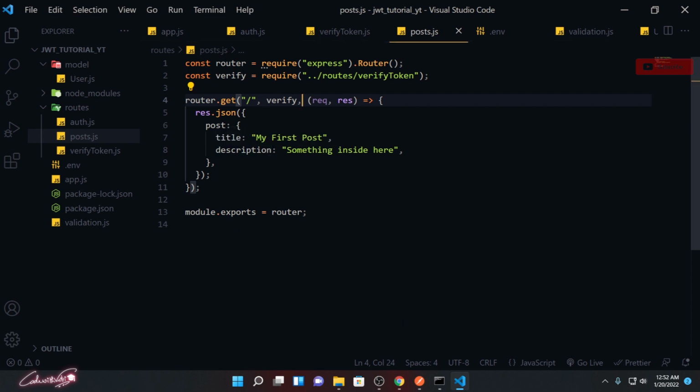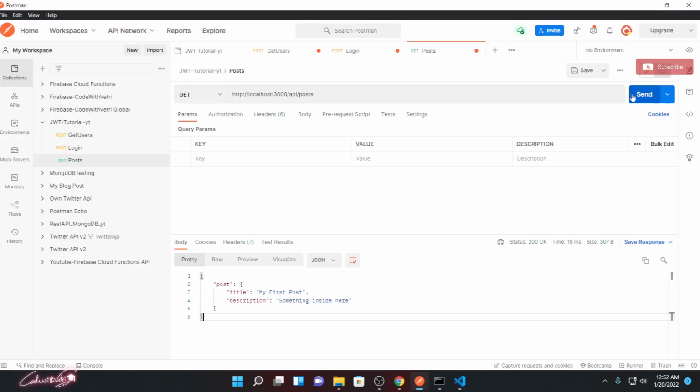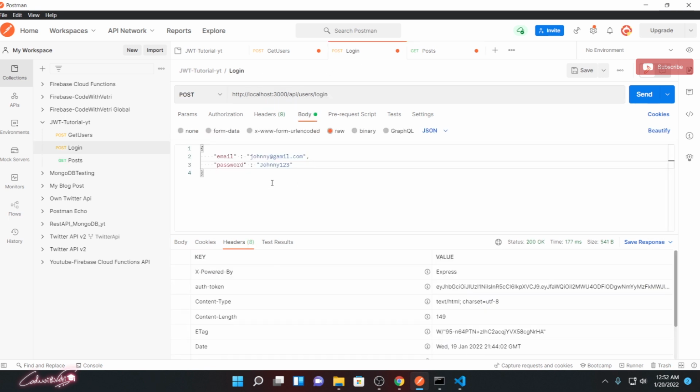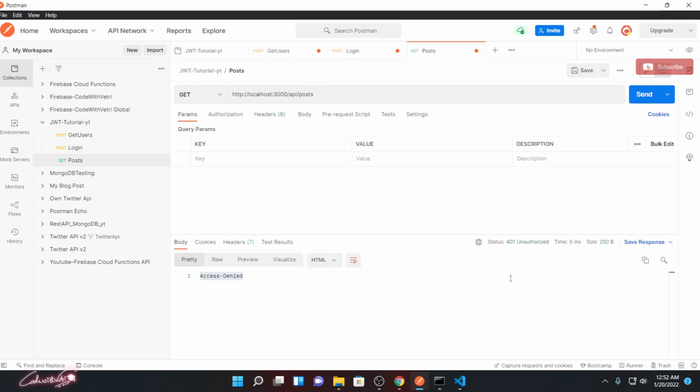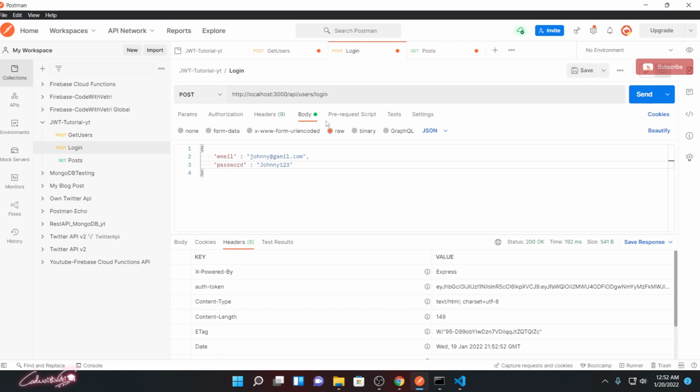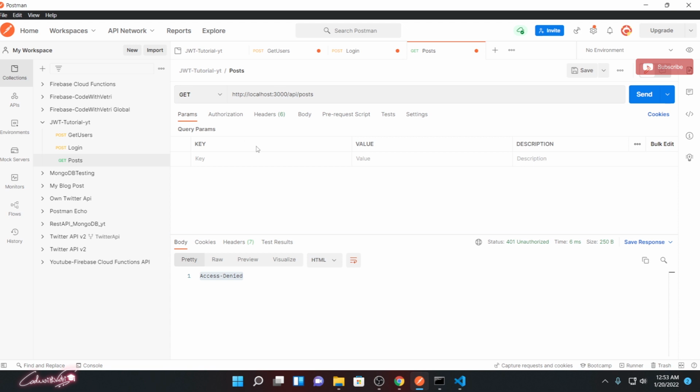So now if I execute it again, see, we are getting the message access denied because we have not yet logged in. If I click login again, we'll get access denied because we have not yet passed this authentication token at the time of accessing it.